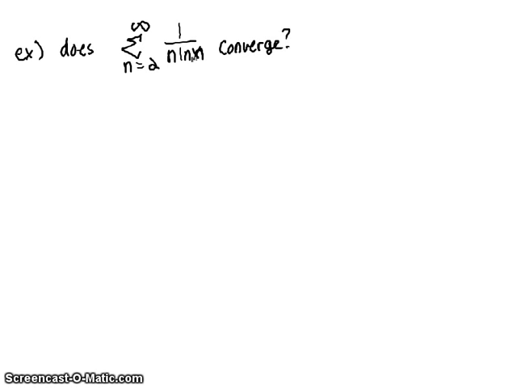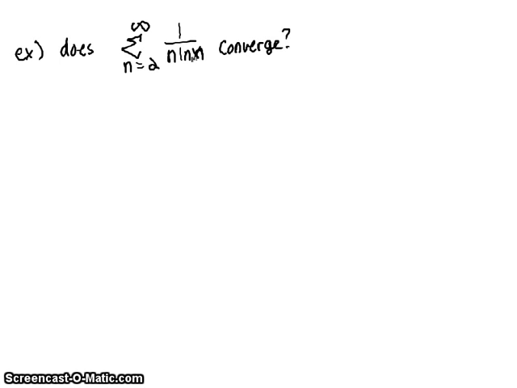So we'll say, does the sum from n equals 2 to infinity of 1 over n natural log of n converge? Now you can see that this isn't going to be a geometric series like the last one because we don't have some number to an exponent of n, right? We can't manipulate this to try to get r to the n power to see if we're going to converge or not. So we have to find a different way, and in this case we're going to try the integral